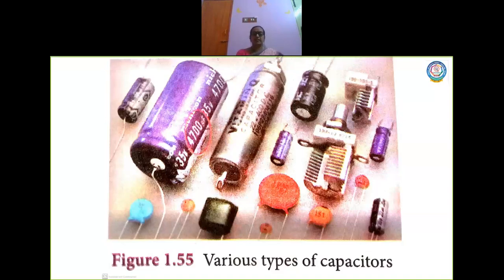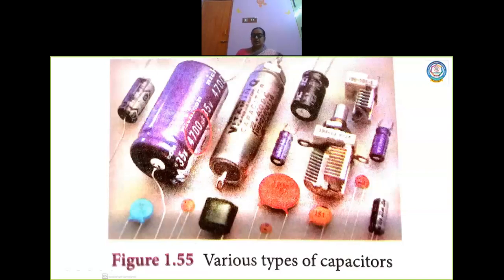Now you have various capacitors in various ranges. When you see this, you will be able to see picofarad, microfarad. The value of the range of the capacitors is written on the surface. So these are some of the capacitors which are used in various areas. Usually we use capacitors in filter circuits. In filter circuits, we have a wide usage of these types of capacitors, which you will be learning in the forthcoming chapters. Clear, children? So this is the introduction about capacitors.